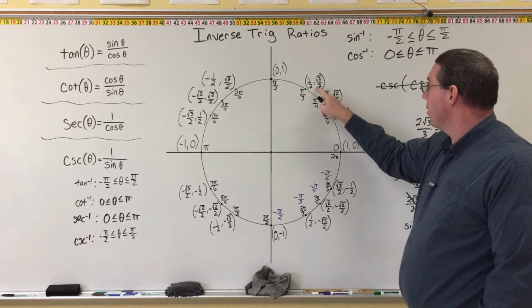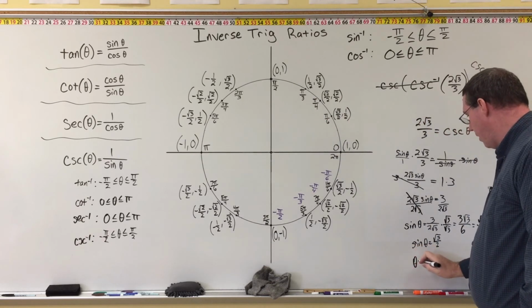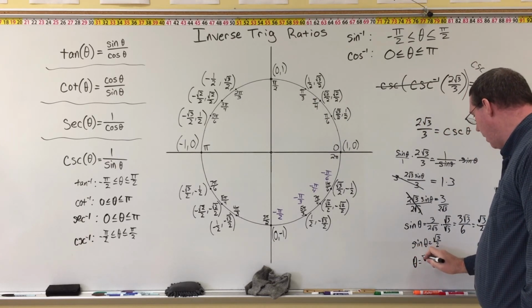Well, sine of square root of 3 over 2 is up here, and that is at pi over 3, and therefore theta is equal to pi